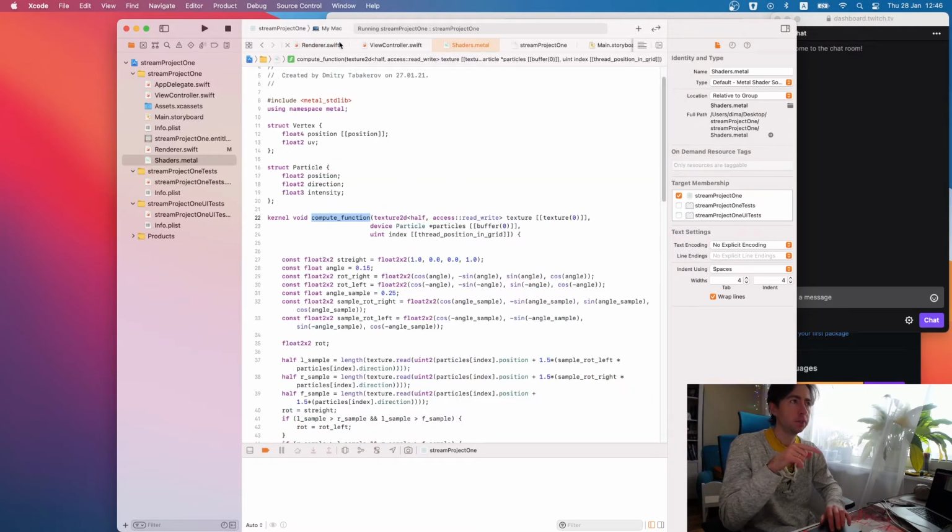So this function takes the texture we created as the thing to write to and to read from. It has index 0. It has particles from device memory, uniform memory access, buffer index 0. It has the structure of particle and it's kind of an array of them.